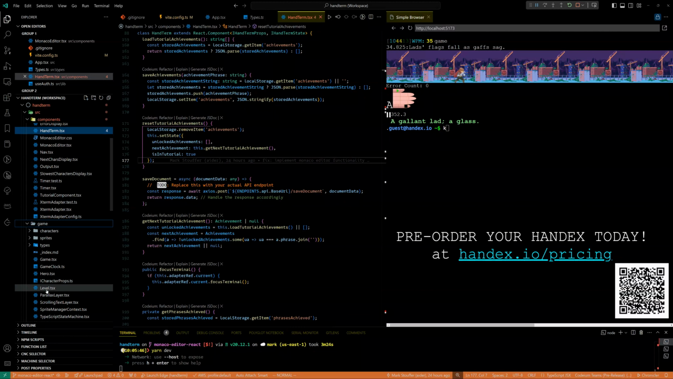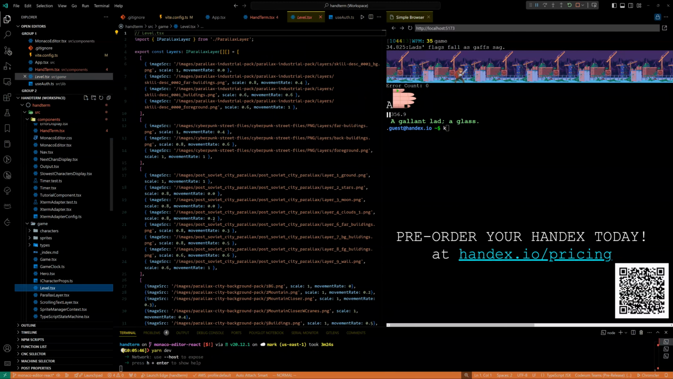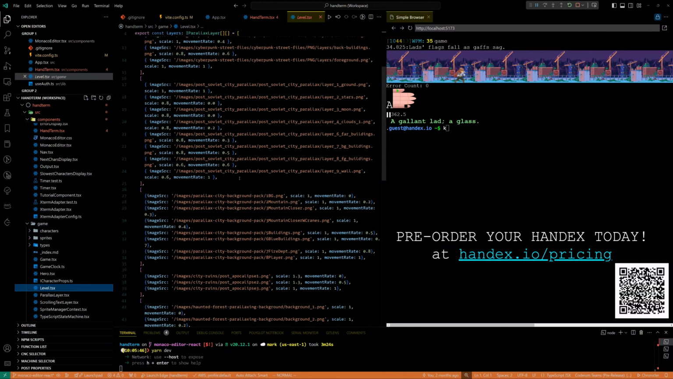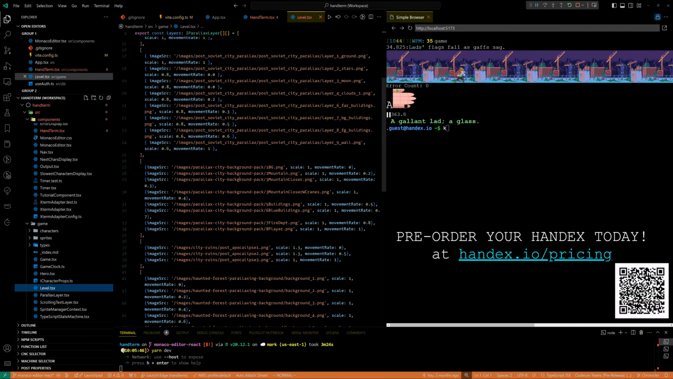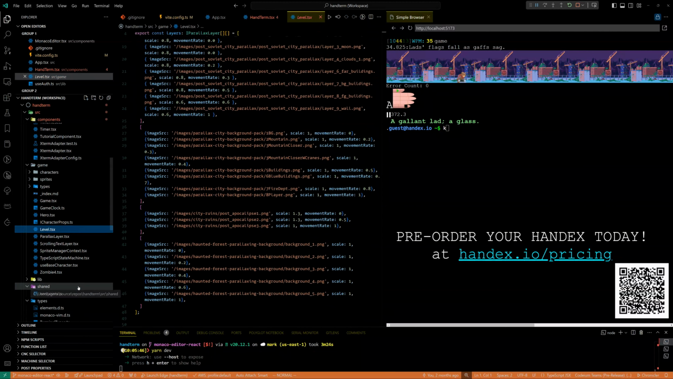Level TSX, I think that might be it. Or it probably pull, oh yeah, these are all the levels. So this is a little more complicated than the tutorial because it involves the different levels that you pass through in the game, and I guess